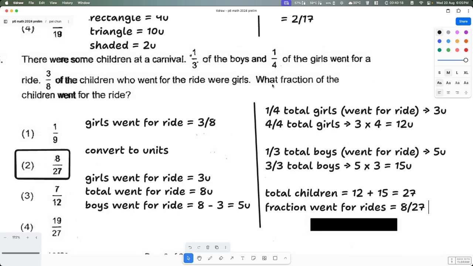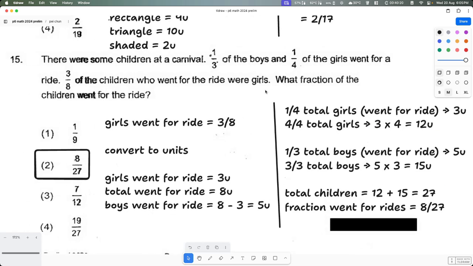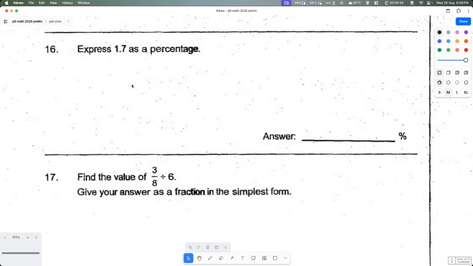All right, so let's move on to question number 16. It says here express 1.7 as a percentage. So that means this is equal to 1 plus 0.7. So 1 plus 7 out of 10, which is equal to 1 plus